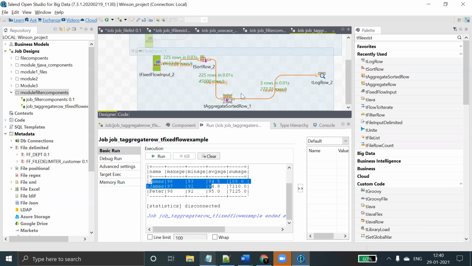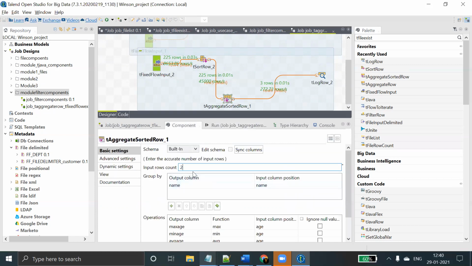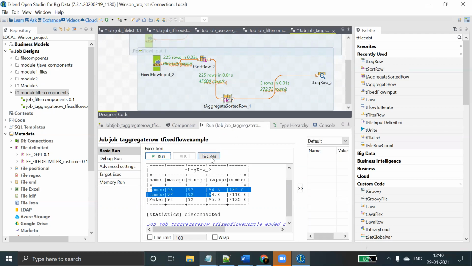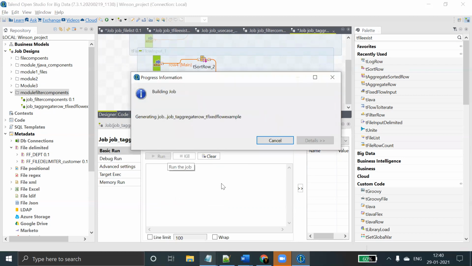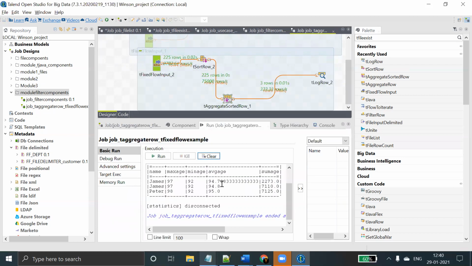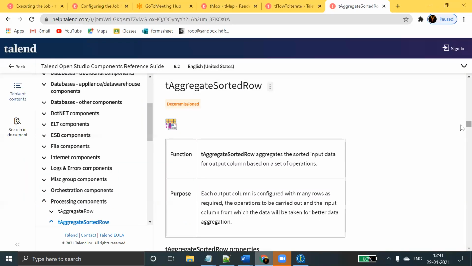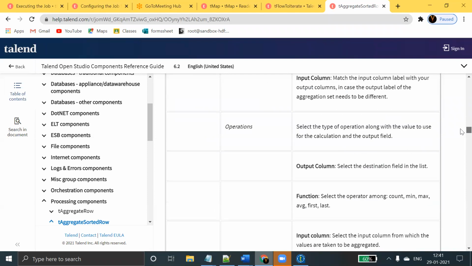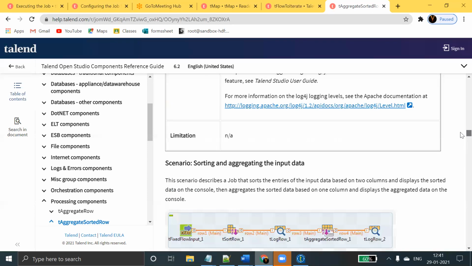So that's why you have to select the correct value. Suppose I select some extra, now it will come correct. Now tSortRow.